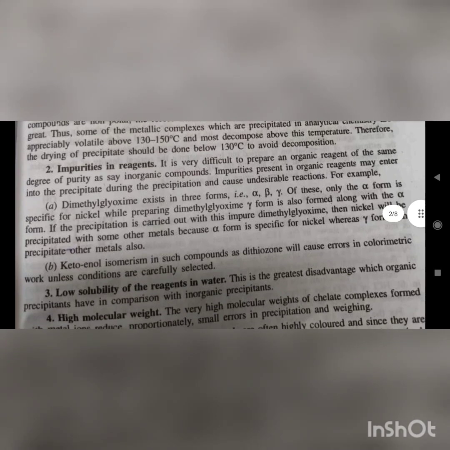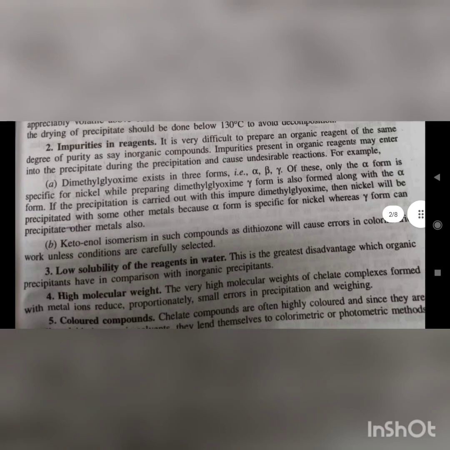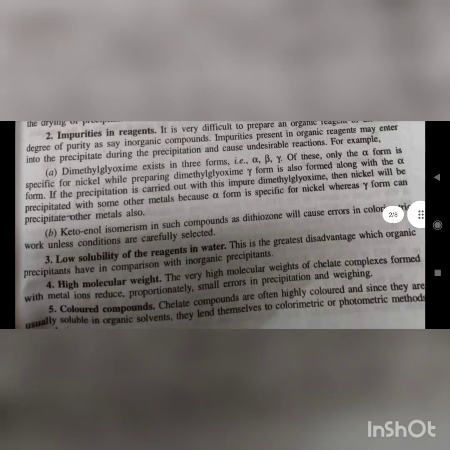Therefore, the drying of precipitate should be done below 130 degrees Celsius to avoid decomposition. Impurity in reagents. It is very difficult to prepare an organic reagent of the same degree of purity as, say, inorganic compounds. Impurity present in organic reagent may enter into the precipitate during the precipitation and cause undesirable reaction. For example,